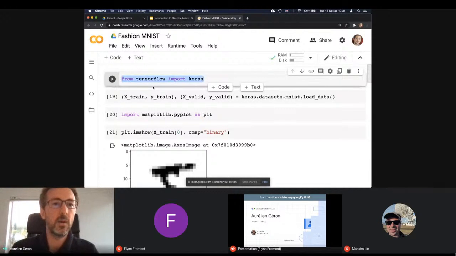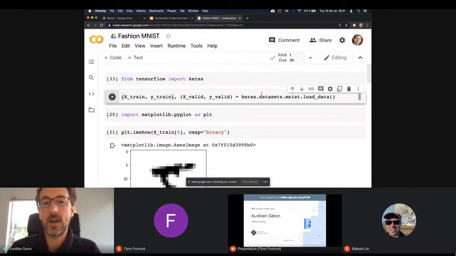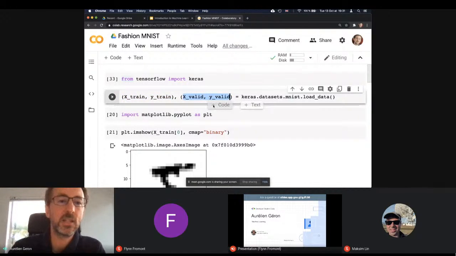So I assume that a lot of you, if not everyone, is familiar with Python. So here I'm importing the Keras API from the TensorFlow library. And then I'm loading a data set called MNIST. Once I load this data, notice that it's already split in 2 parts: the training data and the validation data that I mentioned earlier.